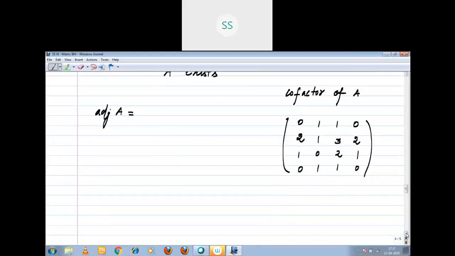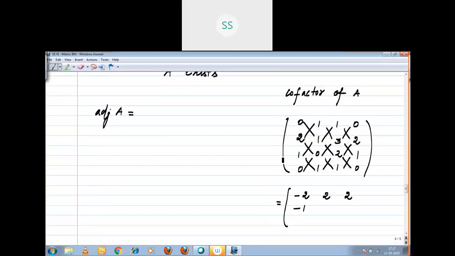An easy method I taught you to find the cofactor. Which is equal to minus 2, 3 minus 1, 2, 2 minus 0. Next, 0 minus 1, minus 1. This one you know, several sums I did. Main product of main diagonal minus product of sub diagonal. Now 0 minus 1. Now 2, 3 minus 4, so minus 1. 1 minus 0, 0 minus 2. Then 0 minus 1. This is your cofactor.